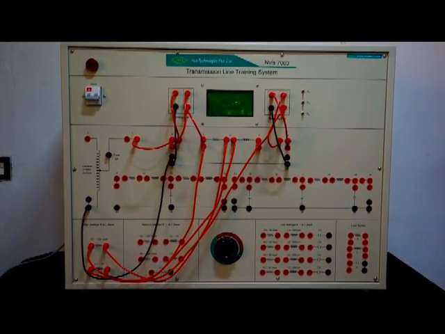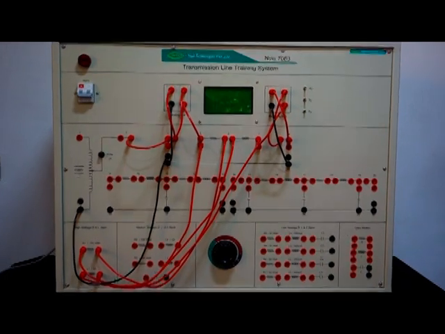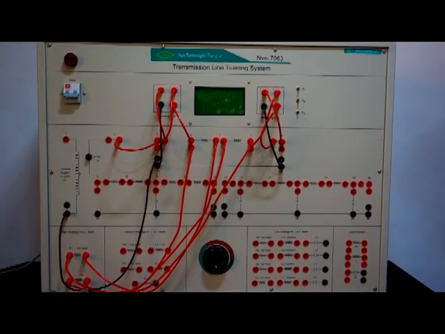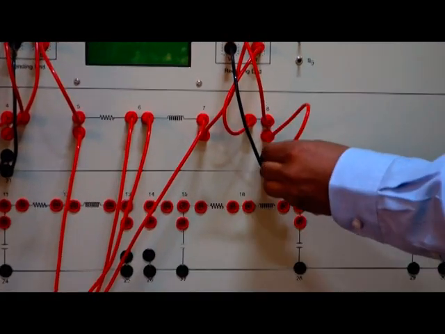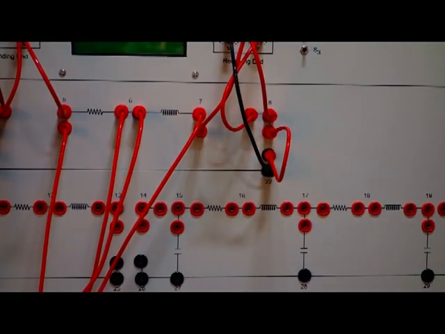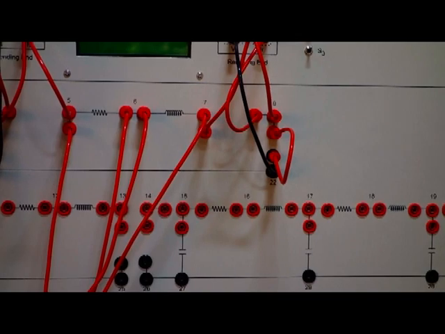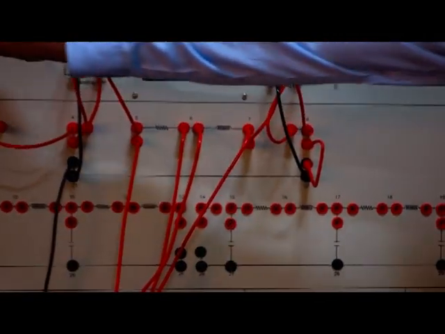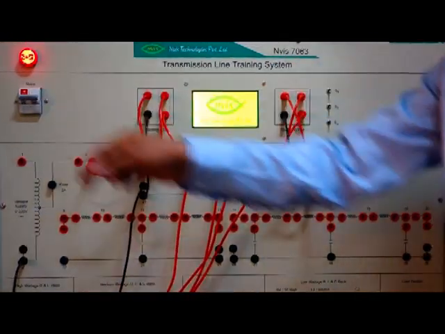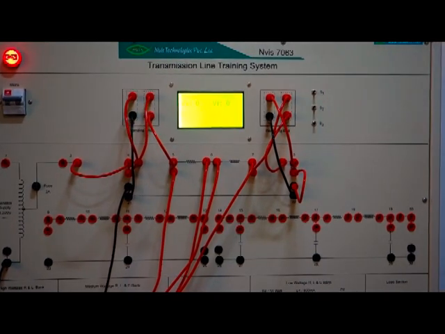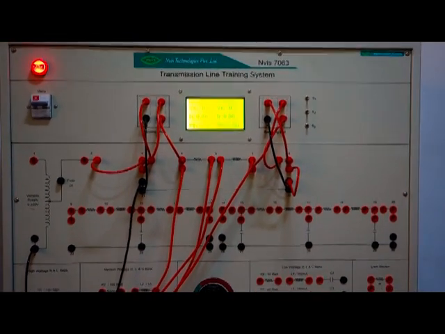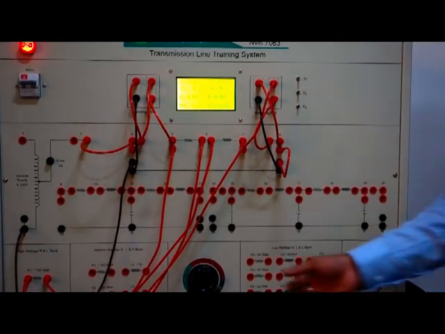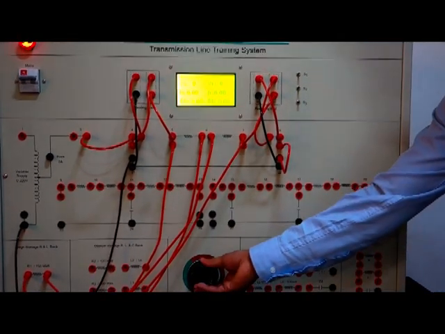Similarly, for short circuit test, just connect terminal A to 22 and switch on the mains. With the help of Variac, adjust the voltage up to 110 volt.